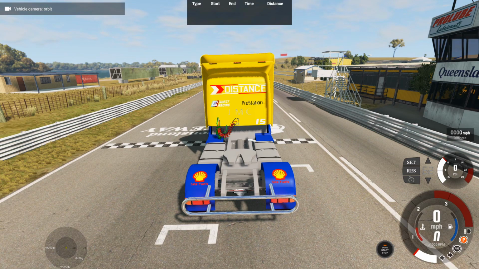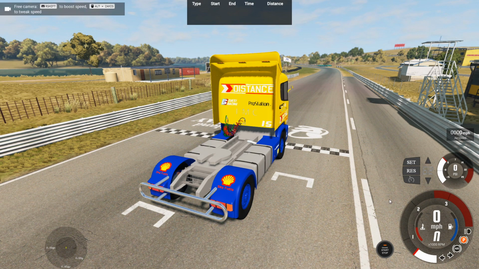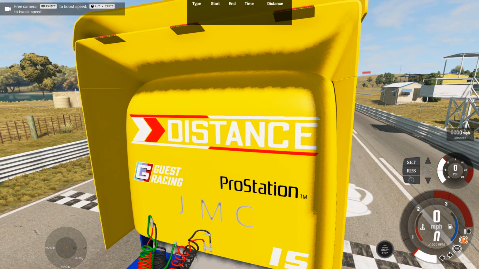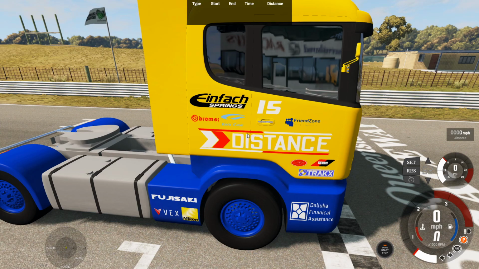So here we are at the modded map of Lakeside Park Raceway, and looking at this truck, this seems pretty legitimate as a super truck, with everything sponsored all over it. Our primary sponsor here is Distance. I don't know what it means. I don't know if it's Distance Racing, some sort of business or whatever. But you've got the back of the truck, the side, both the right and left sides of the truck,